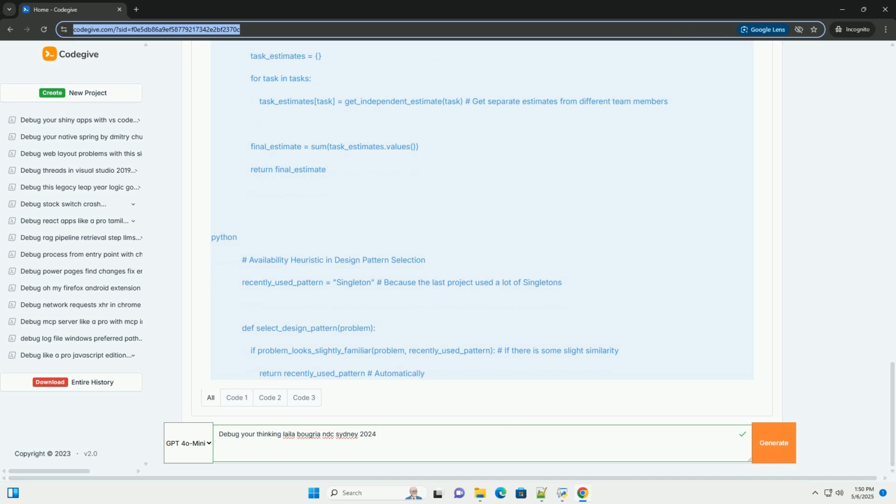Debugging strategy: reflection and journaling. Regularly reflect on your thought processes. Keep a journal to record your decisions, the reasoning behind them, and the outcomes. Analyze your past mistakes. Code example: after a particularly challenging debugging session, write down the problem you were trying to solve, your initial assumptions, the steps you took to debug,